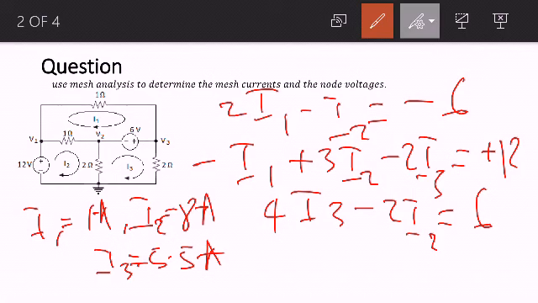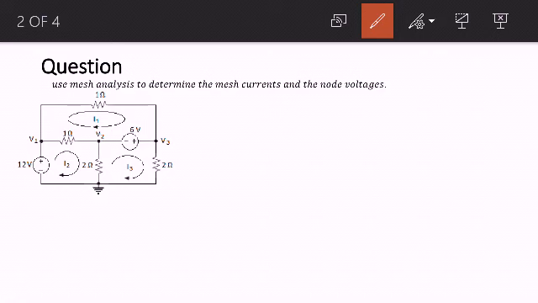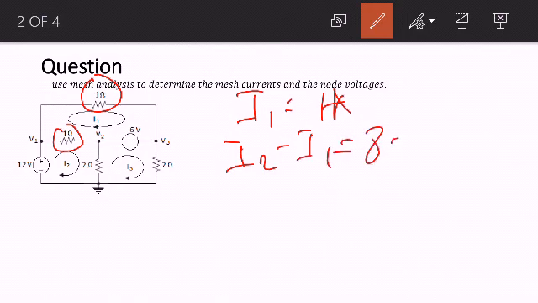But I want to go further here. If you want to find, let's say, the current through this 1 ohm resistor, it is already I1, and I1 is 1 ampere. If you want to find the current through this other 1 ohm resistor, it is either I2 minus I1 or I1 minus I2. Since I2 is bigger, we can simply say I2 minus I1, which is 8 minus 1,